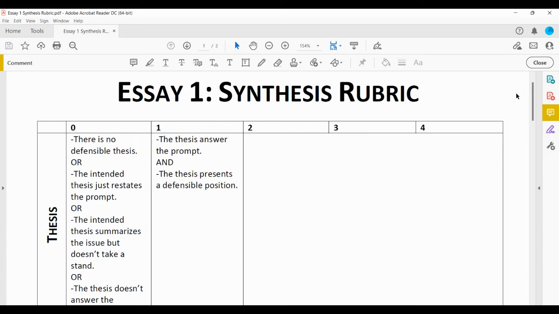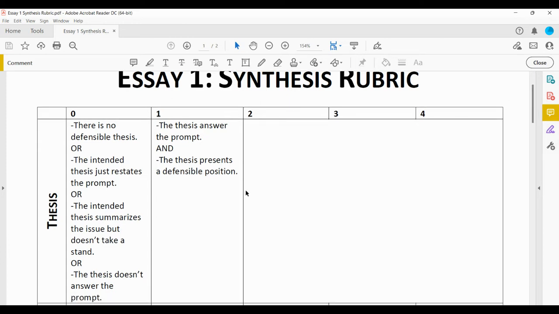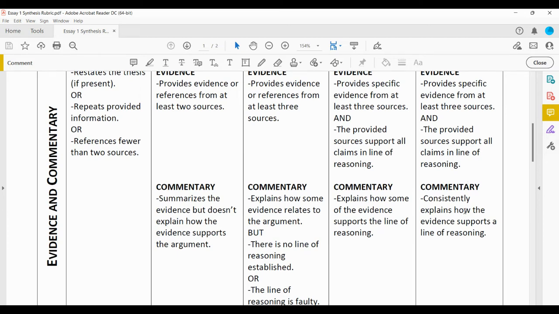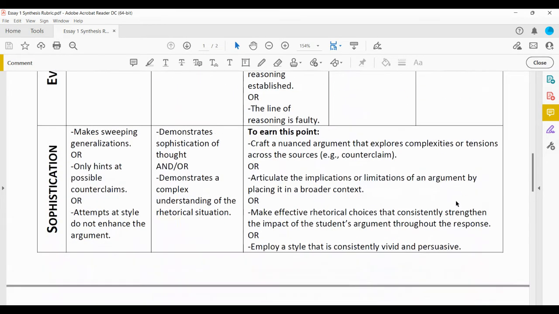Let's talk about the synthesis rubric. The synthesis essay is considered essay number 1 on the AP language test. It is worth a total of 6 possible points, and this is how your points are distributed. You can earn 1 point for your thesis, up to 4 points for evidence and commentary, and 1 point for